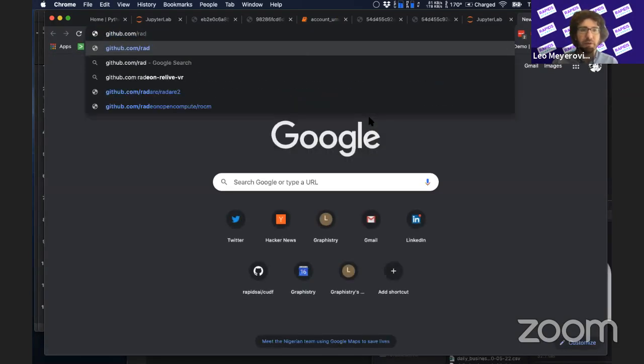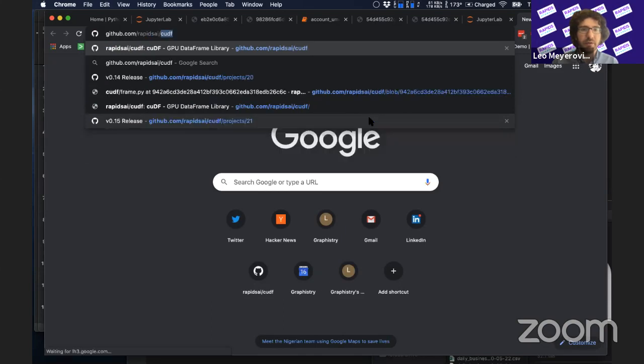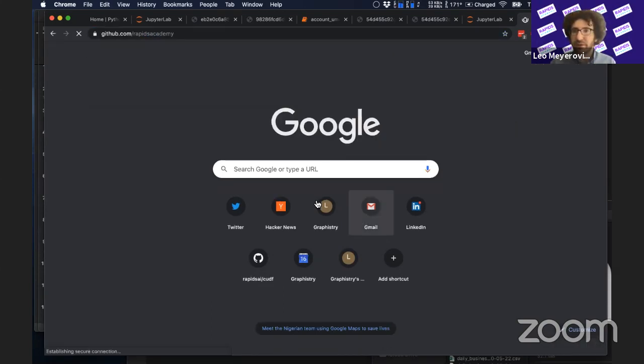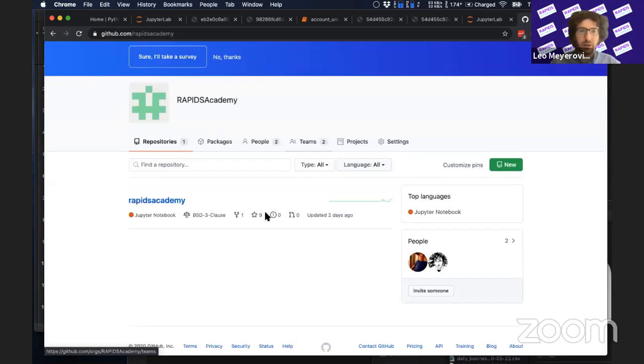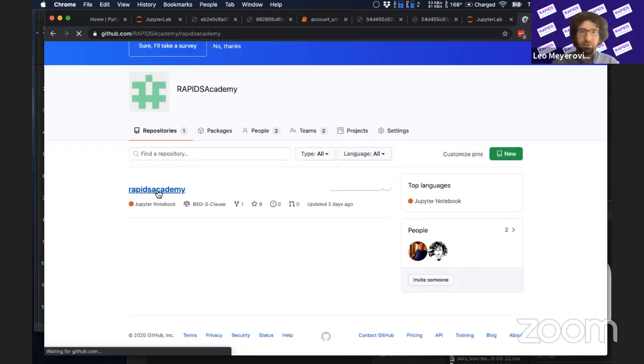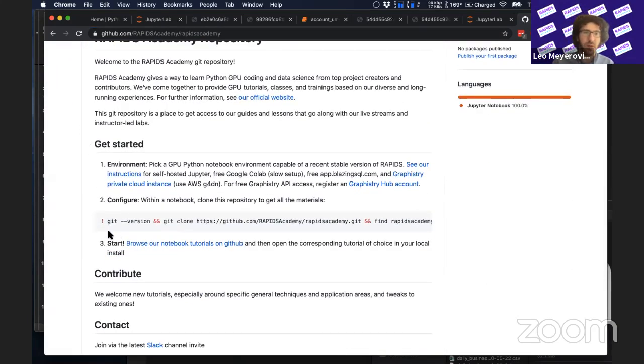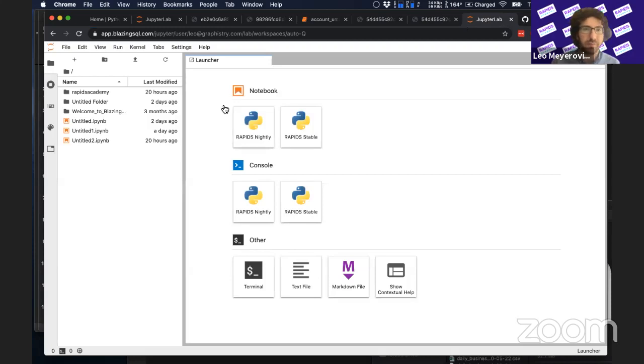is we're going to want to copy in the training, so you have that all right there. You can actually also run all this stuff on your own after, like on your own personal on-prem box, or spin up an AMI, like Graphistry has one on the marketplace that's already set up. But basically, what you're going to want to do is,